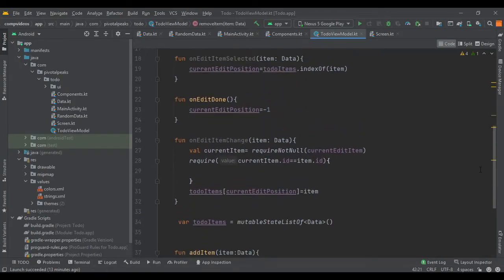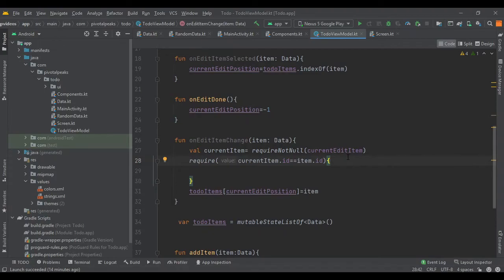I need to tell you again that the on item change function updates the list at current edit position. So this will change both the values returned by current edit item and to-do items at the same time.